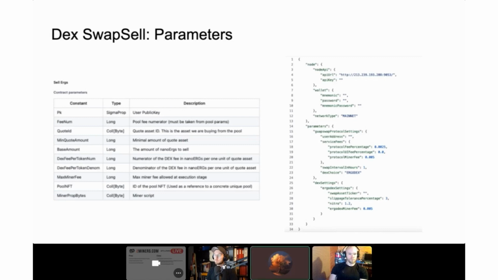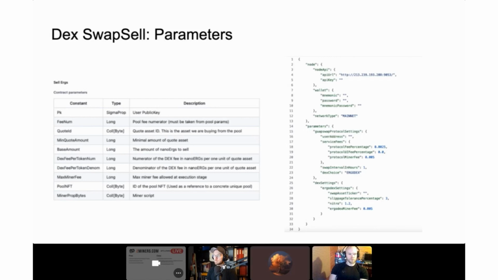So in the protocol settings, you could change the swap interval for the automatic mode, and you'd also insert your user address, because we want to know your public key in order to save it in the proxy contract, so that when you do a refund, it can only be you that actually can extract the